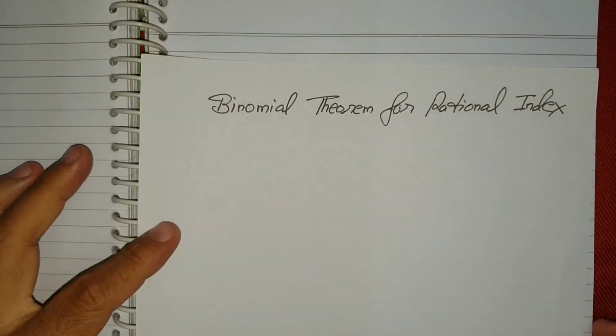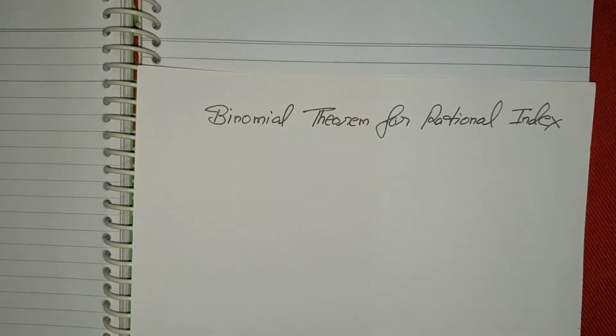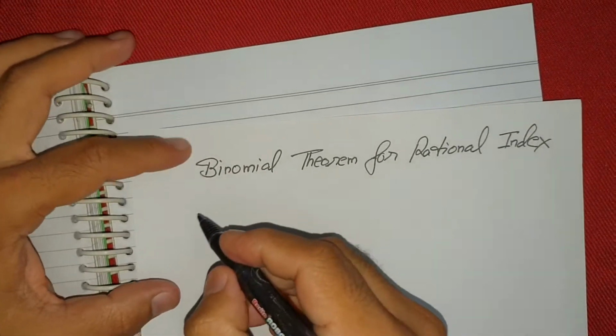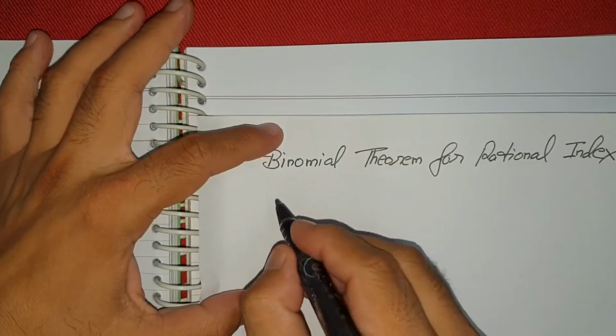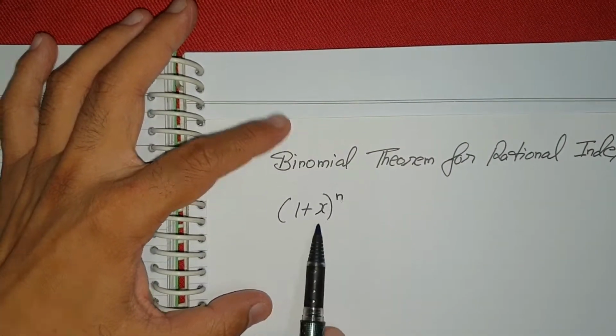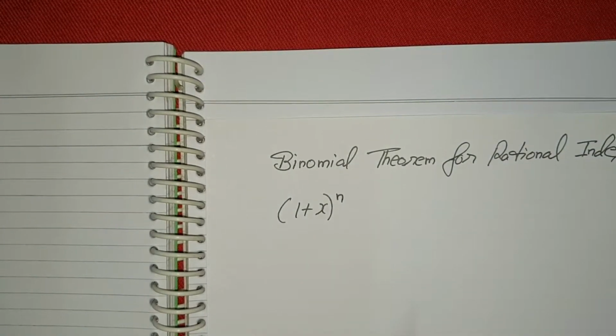So far we have discussed the binomial theorem for an index which is either 0 or positive. So now I will be telling you the binomial theorem for the rational index. That means we will be extending this idea of expanding 1 plus x to the power n. Now see, this is 1 plus x to the power n, where n is a negative integer or a fraction